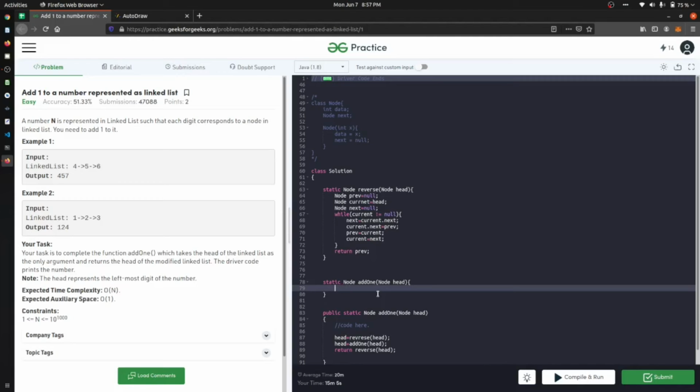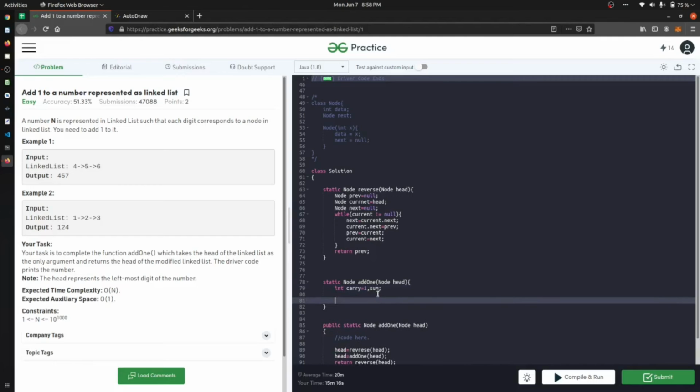Let's say I have a variable carry. By default I am keeping my carry as 1, and we have a sum. After that we will create 2 to 3 nodes, that will be temporary nodes and all the previous stuff.